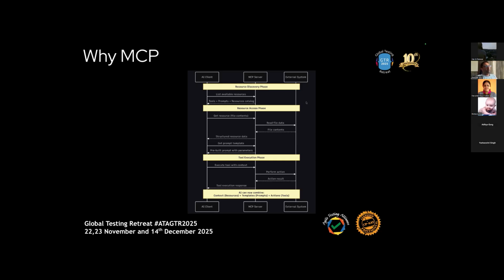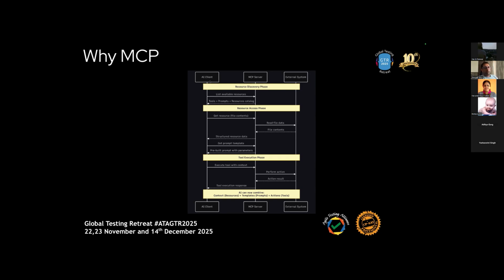So what actually happens is, when you add your MCP, let's say I added Playwright MCP to my AI client, which was a simple Python program. When I run it, it would start the Playwright MCP server first, because it's a node-based server. It would run somewhere on your laptop. It would expose itself on a port, and then your